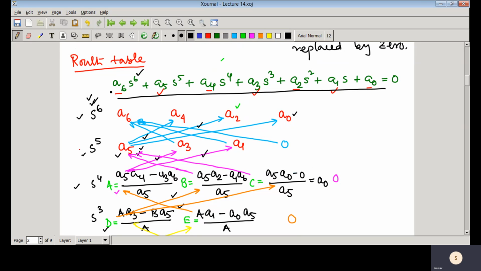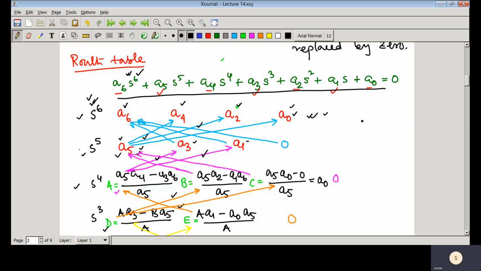write the highest degree here, and then we need to write s5, s4, s3 like this, and the first row would start with the highest order. That means here it is s to the power 6, then a6, a4, a2, a0, all are the even coefficients. In the next row you have the odd coefficients,